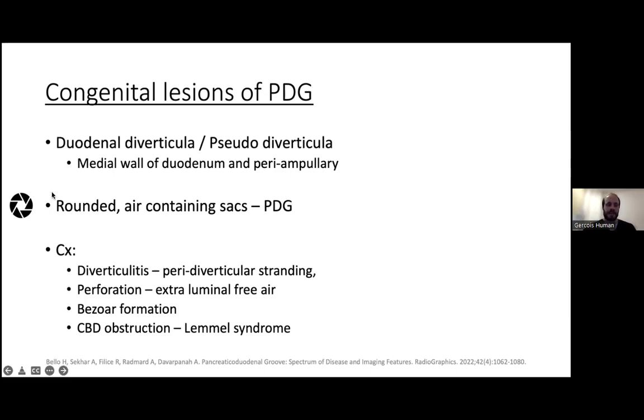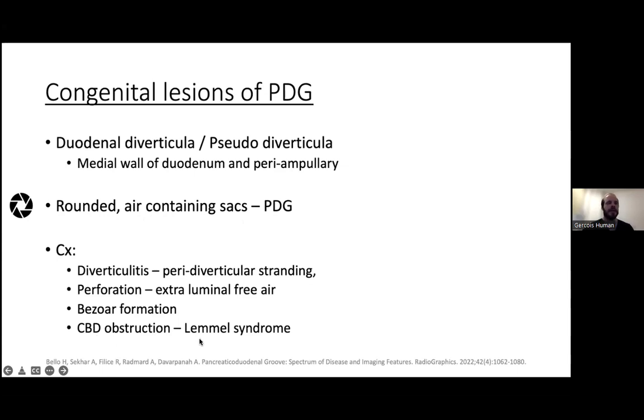On imaging, you'll see them as rounded air-containing sacs, and these can be complicated by diverticulitis, which you will see with stranding. They can perforate, with extraluminal air, or there can be bezoar formation or CBD obstruction, and this is known as